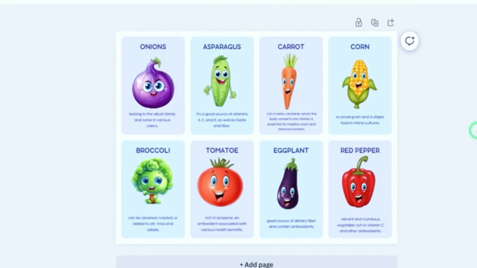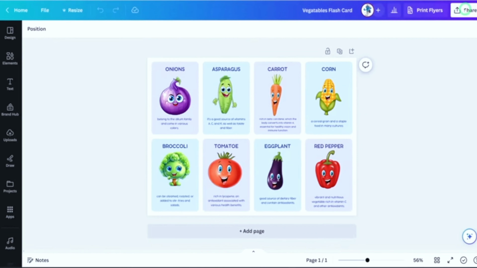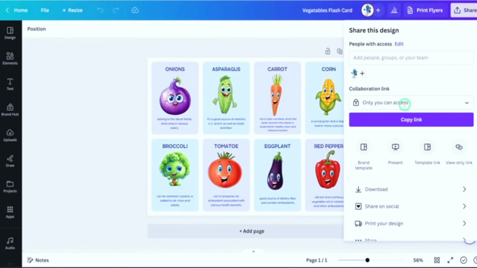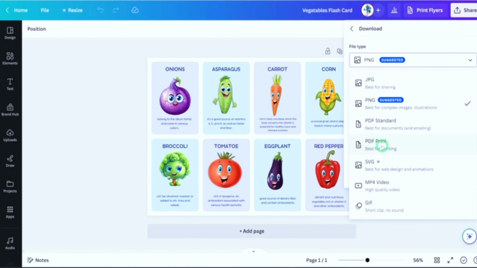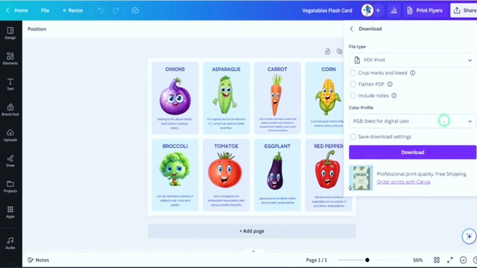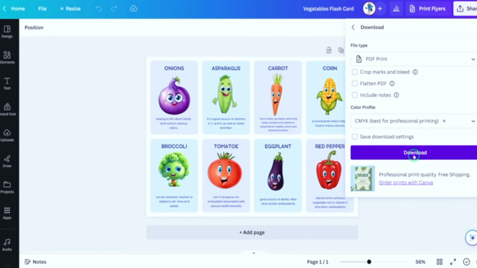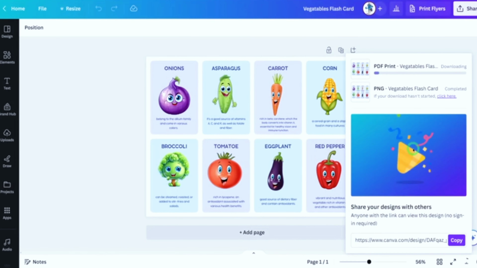So now that we have generated both the poster and the flashcards, the next thing will be to download it. Let's download this first. You just go to Share. You'll be downloading it as a PDF because they are going to print this by themselves. So you change this from PNG to PDF print. To give this highest quality, you need to choose CMYK Best for professional printing. Once you select this, then you click on Download and it's going to download this as a PDF,